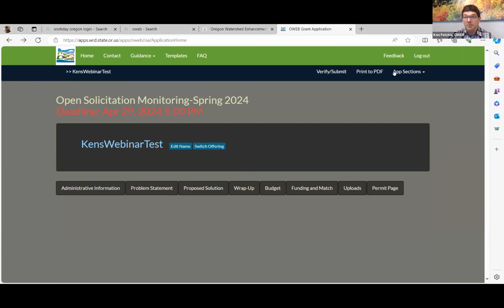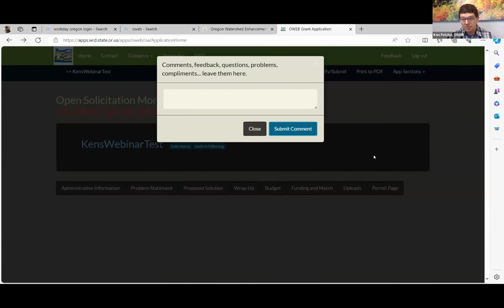Another thing that's really important is the feedback button, you guys. We've made a lot of changes to this application, and there's a lot of people using it right now in the system. There still can be bugs. We believe that we've worked them all out, but sometimes these electronic systems do weird things, and so if something's buggy, something's not behaving like it should, it's really important for you to put that in here,